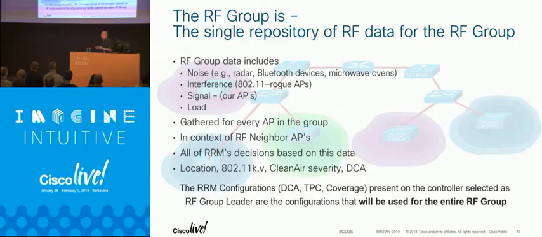All of our RRM's decisions are based on neighbor data. So we make a lot of decisions. You guys have seen DBS, dynamic bandwidth selection. Everything that happens in RRM starts with one packet being sent across the air, heard by another AP. And in that way, we build a map of the RF distances and understand where our cell edges are. But every decision after that is made on that measurement. What do you think happens if that measurement's wrong? Well, you're right. Every other decision after that is wrong.